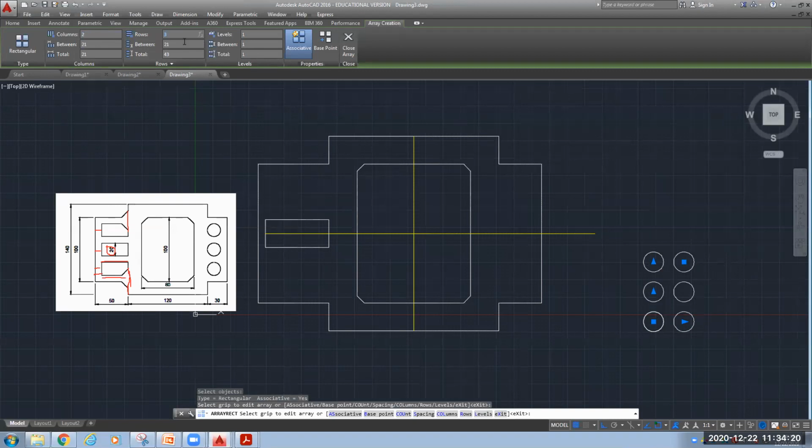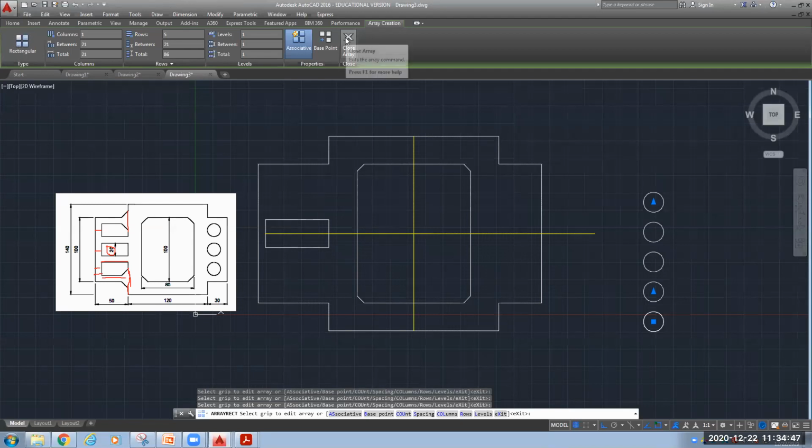If you want to increase it, you can increase it. If you want to reduce the number of columns, you can reduce it. So this is your rectangular array. You can see that rows and columns are increasing and decreasing. Okay. So this is your array command, or more precisely, I should say rectangular array.